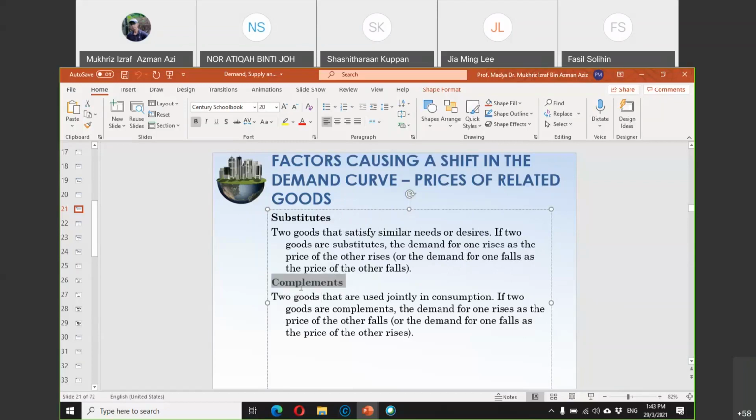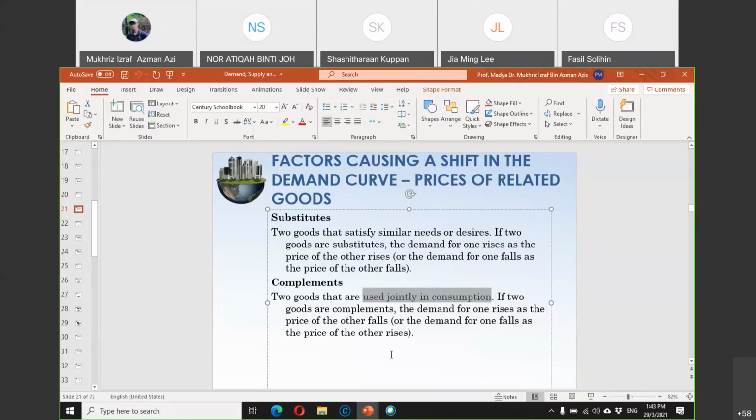Complements are goods that must be used together, jointly in consumption. Meaning that you cannot use one without buying the other. For example, if you buy a car, an accessory workshop sells sports rims, audio systems, LCD screens, or any other accessories that people install to make their car look much nicer. Those are complements, because if the sales of cars go down,